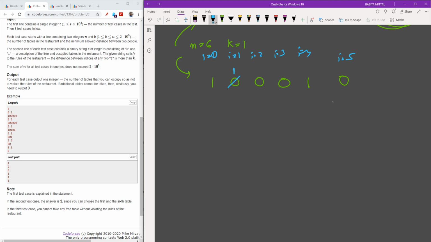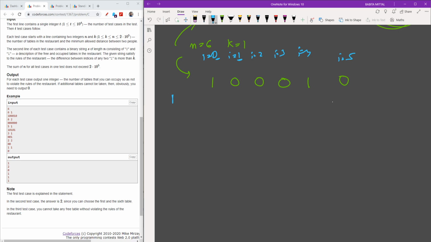For index 1, 1 minus 0 is 1 only, and it should be more than k. So you are not able to place a 1 here. I will not place my 1 here, so it will remain 0 as it is.